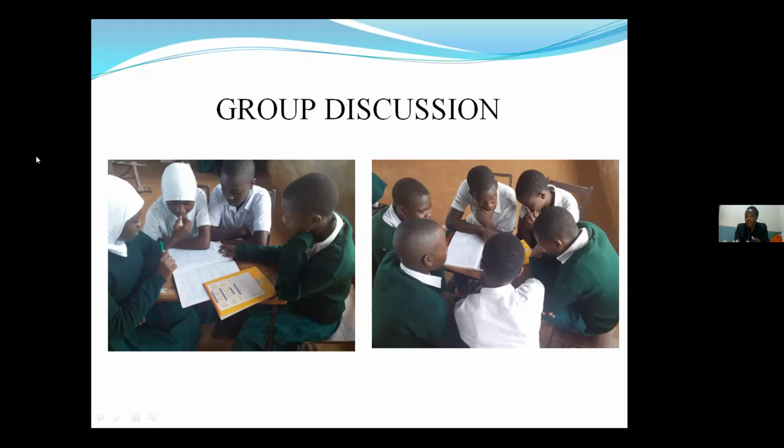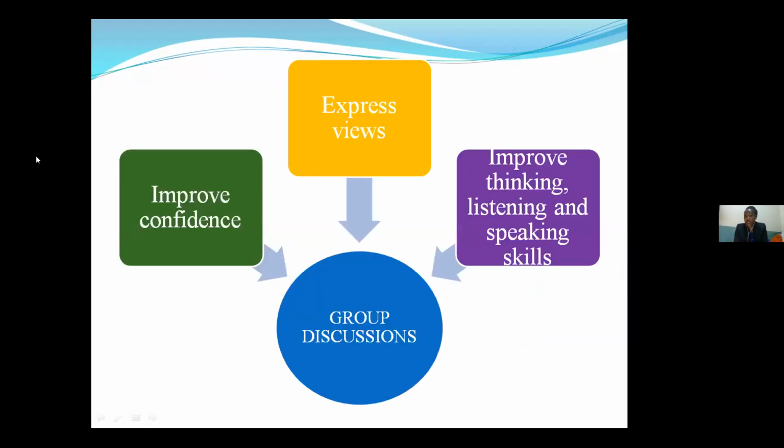Sometimes there are students who might not understand the teacher, but they can understand when another student is teaching them. So when you put them into groups, this will help these students to learn from their peers. When they are in these groups, obviously, they will be discussing. That means they will be speaking, thinking, and listening to one another.